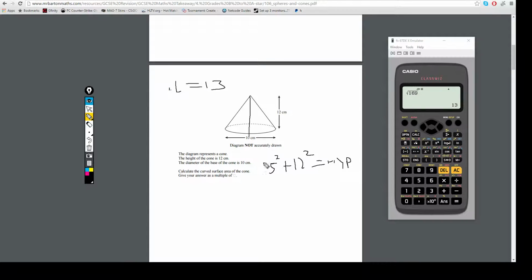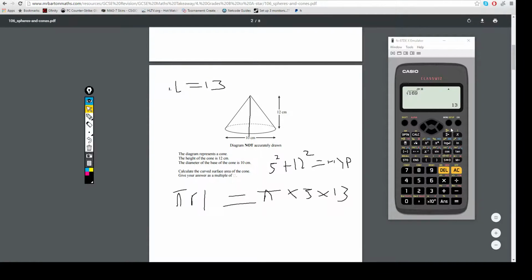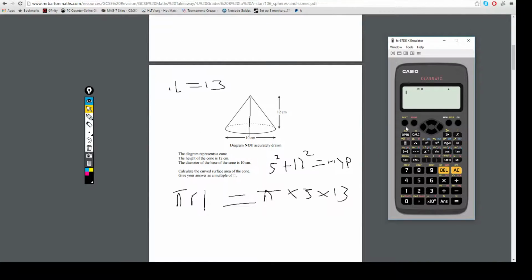Now, I probably haven't explained to you guys why we need the length. The formula to work out this curved surface area is pi r L. R is the radius, which is 5, and pi is 3.1415, and such and such. So we're going to type that into our formula, which is pi times 5 times 13, and we are going to get